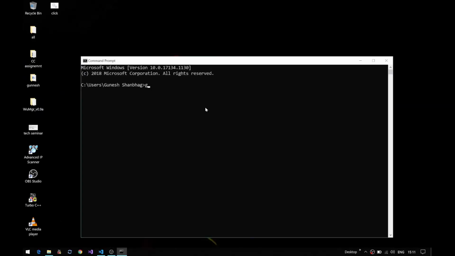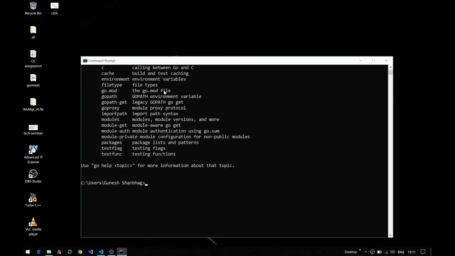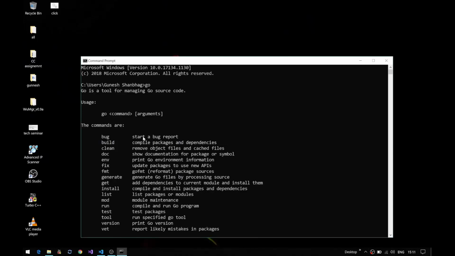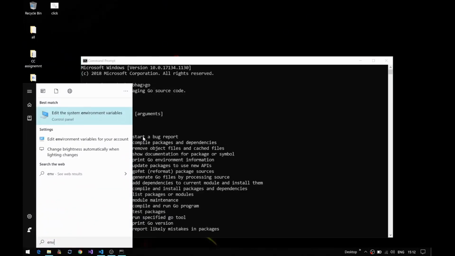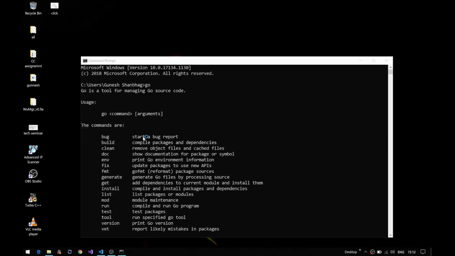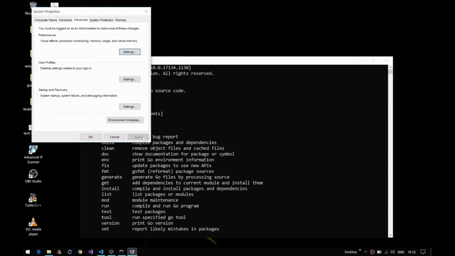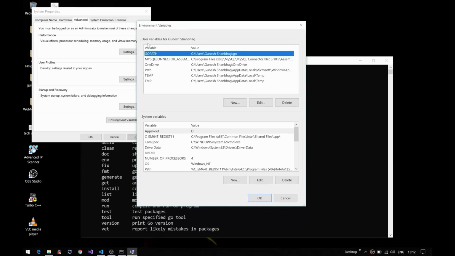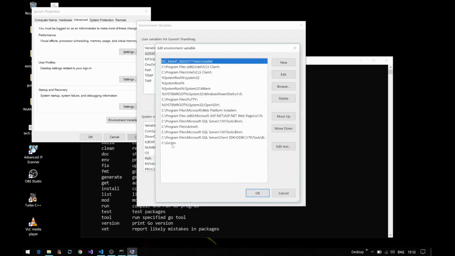And now if I go and type Go in the command prompt, you can see it is giving us options and all the commands that are available with the Go command line utility. So let's open the environment variables, search for env near Windows search bar and open system properties and environment variables. Inside here you can see the Go path in the user variables, and down you can see in the system variables we have path. If you double click on that path, in the end you can see we have C drive and the Go directory, and inside that we have bin directory. So this is the place where the Go is installed and all the packages and files are stored there.